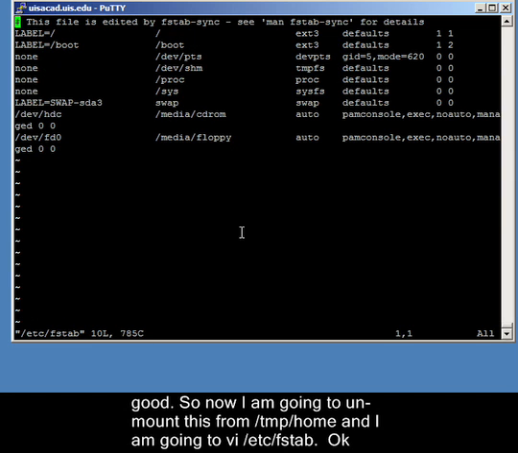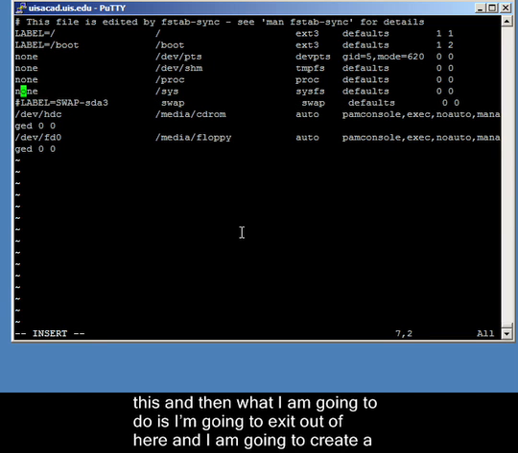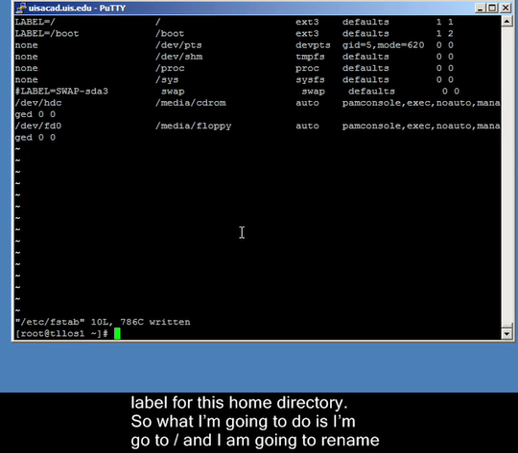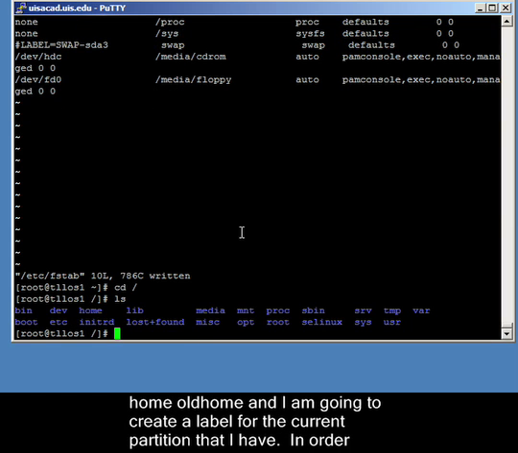Before I do that, since I don't have this swap anymore, I'm going to go ahead and comment this. And then I'm going to exit out of here. And I'm going to create a label for this home directory. So I'm going to go to /. I'm going to rename home to old home,